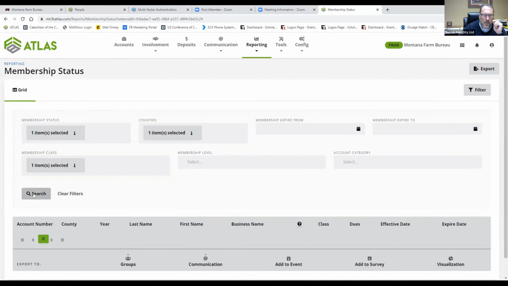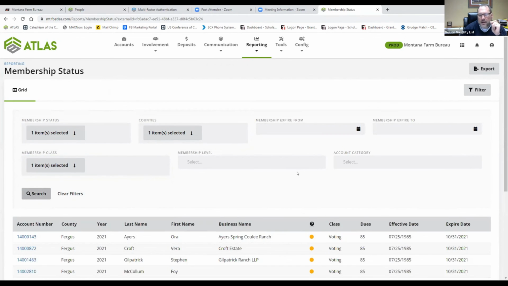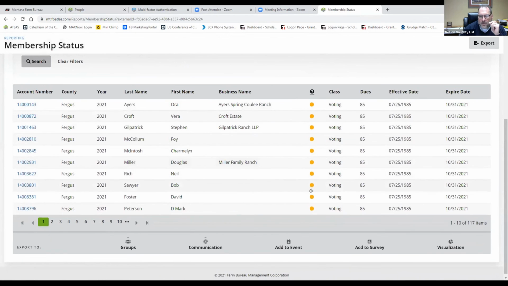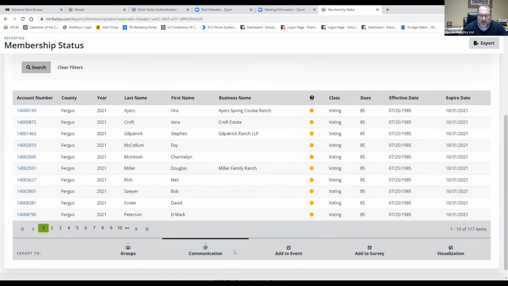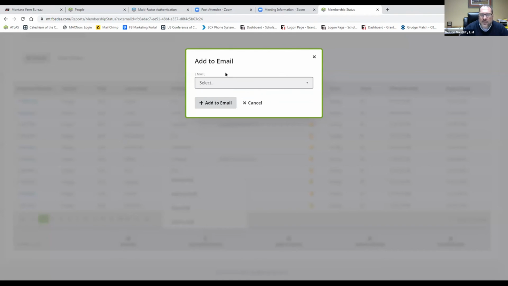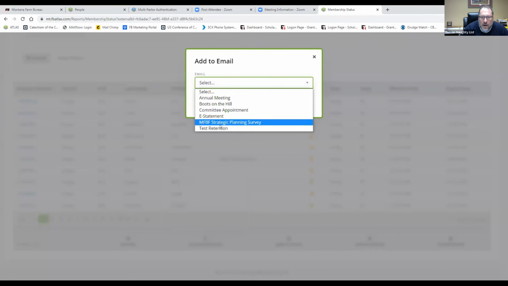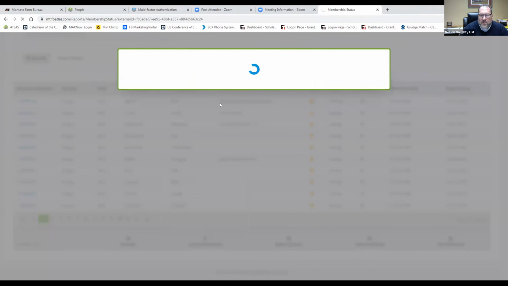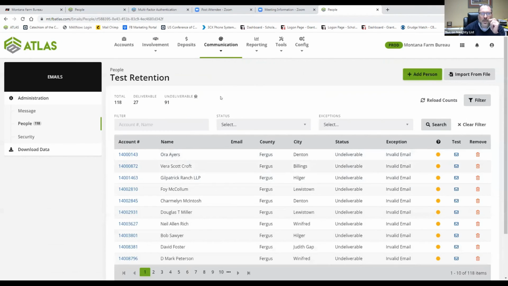And I just can run that report just like that. And then you can see they're all yellow because they're expired. It's as simple as hitting this communications button and adding to email. And then you can see it's going to ask you which email you want to add it to. And I want to add it to this test retention. And as simple as that, it's going to add all these people to that email.